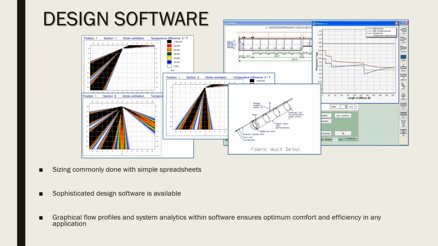So when it comes to software, these can be done in many different ways. Every manufacturer has a different software. Some of them are proprietary software, and they put out shop drawings, simple data sheets. Some software will put out graphical flow profiles, CAD drawings, shop drawings, information detailing everything that's been selected or submitted on a fabric. It will show in pictures very similar to this. If you see right there in the middle,